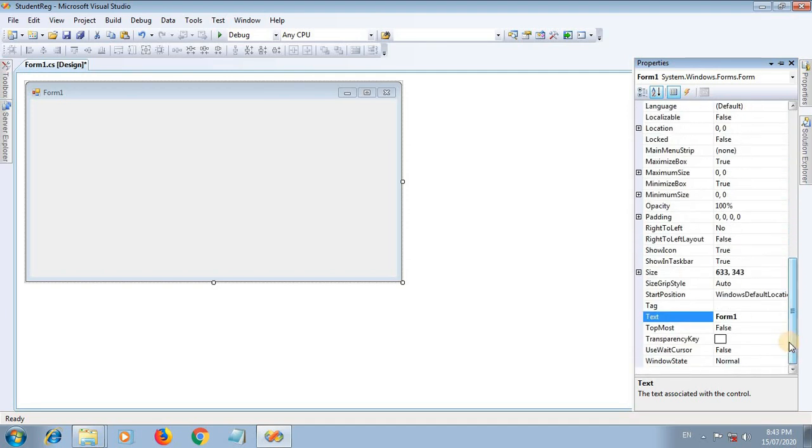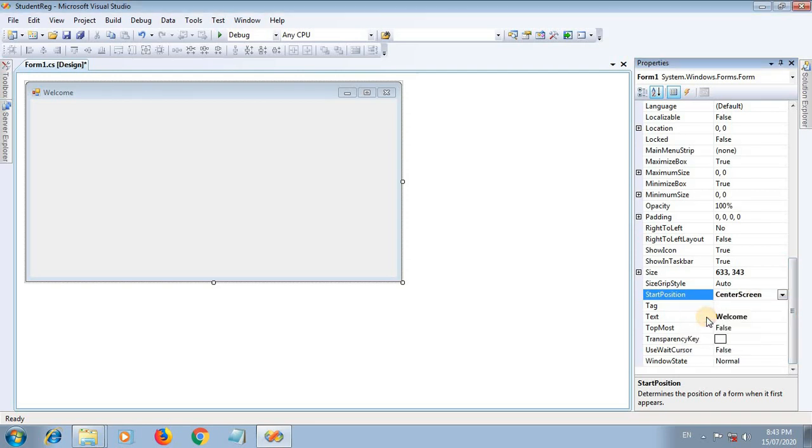The first property is the form name, which you can change; just write Welcome. Then the start position of the form is the center of the screen, so whenever our project is loaded, the form will open at the center of the screen.